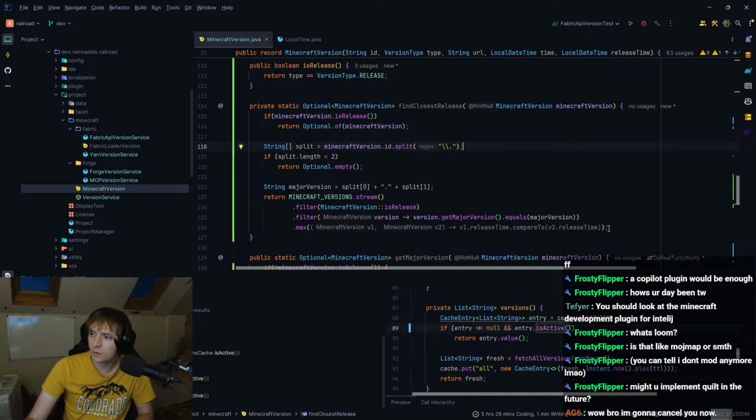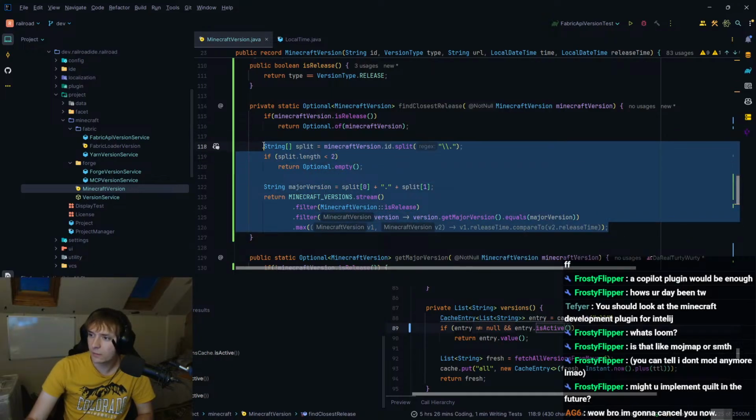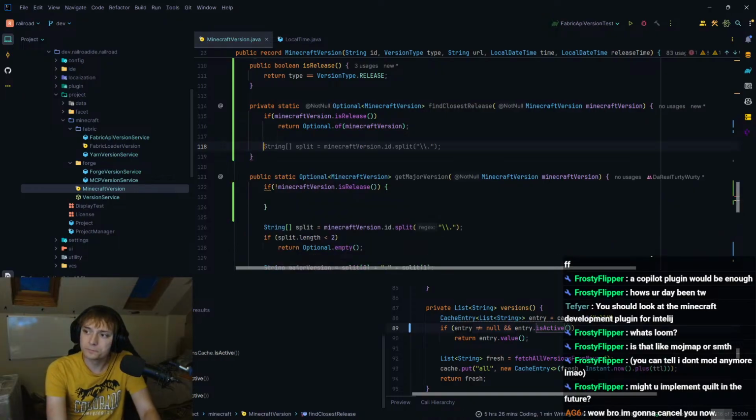Has Copilot gone off the walls here? Yes, it has. What we can do... what is this?